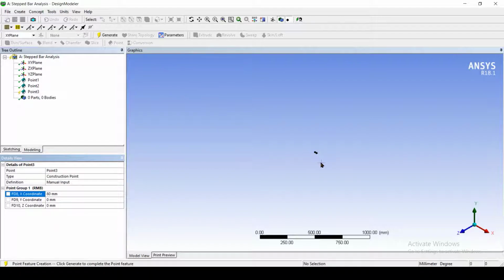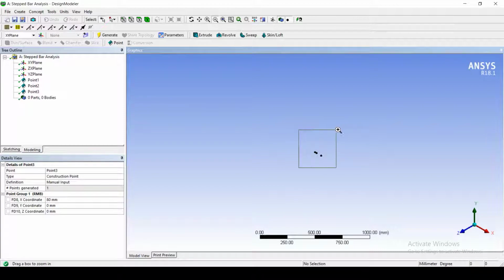Generate. So we have created the points here. Now we can see the points by zooming in. So go to zoom and we can see we have got these points.